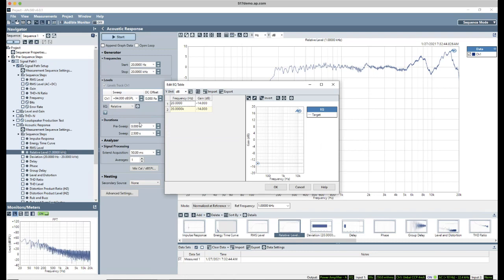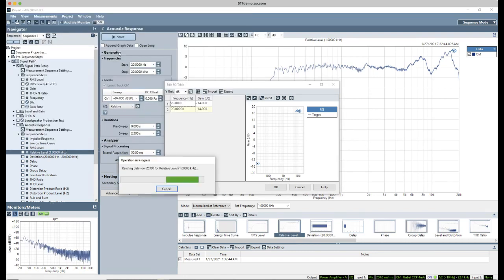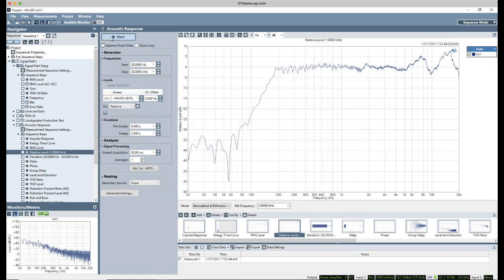I'll select relative, and I'll import that. And you can see here I just have the frequency response of the speaker, so I'll invert it. I'll say OK, and let's just